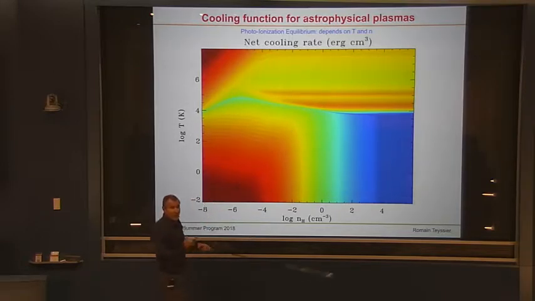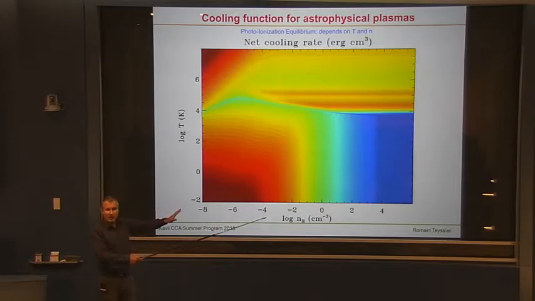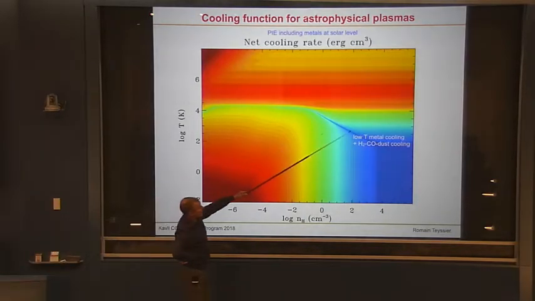So that's basically the heating and cooling balance that describes an optically thin plasma, which is basically the ISM, right? So this case is without any metal. So it's just hydrogen and helium. So of course it's a bit simplified. And now you can add metal, and then you get a very different picture, right? So much more cooling. And also much more cooling at low temperature, right?